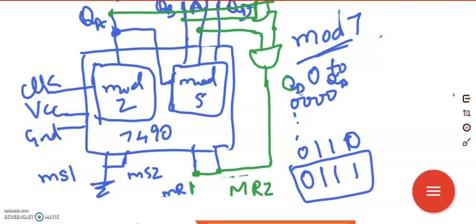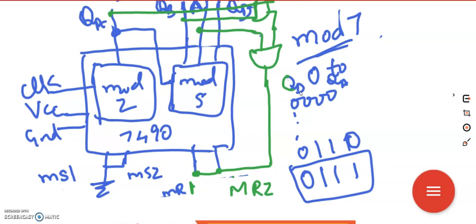Or else, since it is a lab problem, I am just telling all these things. If it was a theory concept, then directly we could provide all three inputs to an AND gate, extract the output of the AND gate, and connect it to this. But when we are doing it in the real hardware components, we don't have a 3-input AND gate over there. So we are just reducing it to a 2-input AND gate.